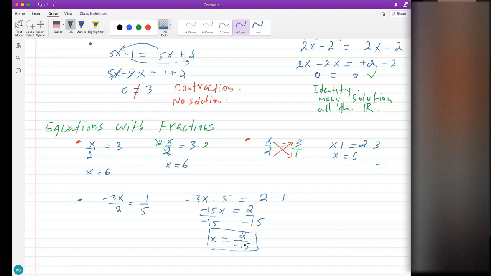You can double check if you're a little skeptical or unsure about your answer. You can double check again, make sure you got everything right. But again, keep in mind, it is possible to have an answer like this. That's the case when you have 1 or 2 fractions. So I suggest you just cross multiply or use a one-step equation here. If not,